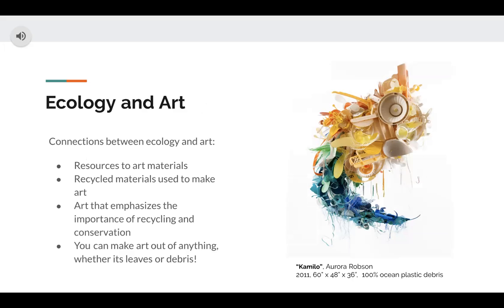Some artists like to use recycled materials in their artwork, like Aurora Robson. She uses recycled plastic and debris to make her work. She explores the theme to show that art can be made to be beautiful even if the medium is debris or trash that has been recycled. This is just one example of her many artworks entitled Camilo. It is one of the many sculptures she has made using ocean debris as the medium. And although it is hard to see just by looking at it, it explores many different ideas related to ecology and conservation.